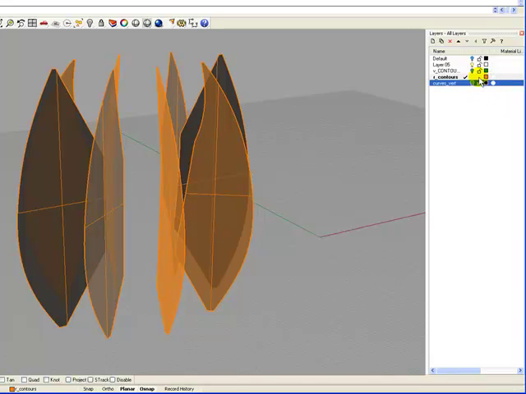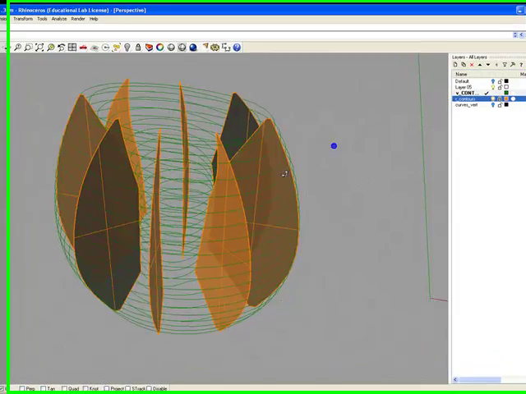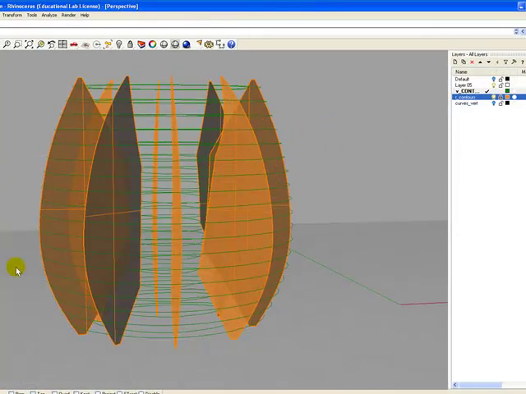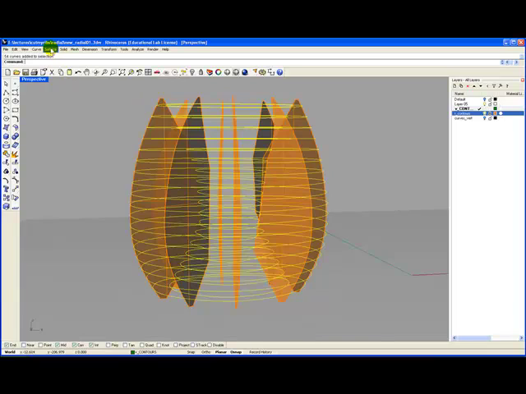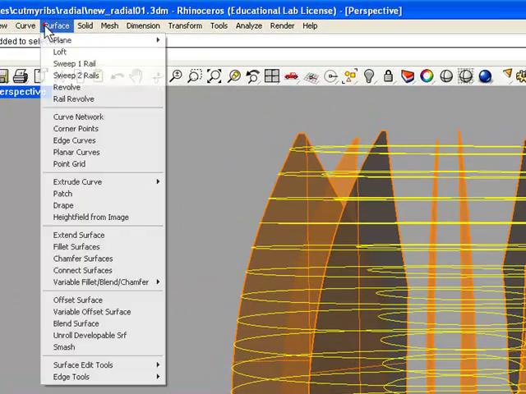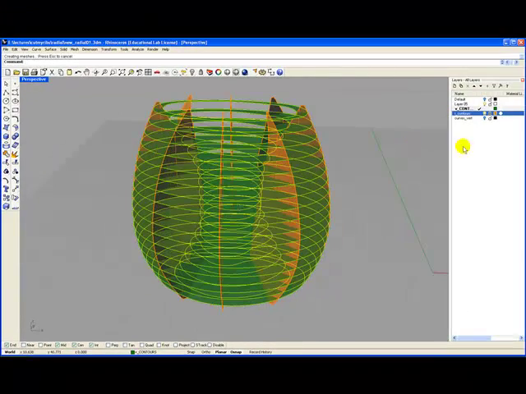And then let's go to this layer to bring up my curves in this direction. Okay, I locked my other curves so I can just select these now, and now I can go to my surfaces, planar curves. That generates those planar curves. I'm going to create a new layer. I'm going to call these curves, let's go horizontal,